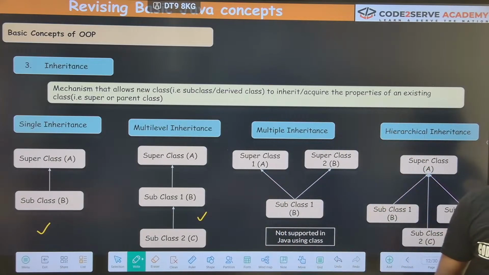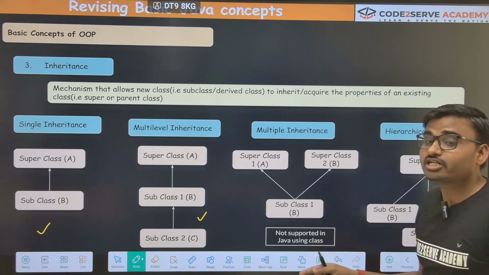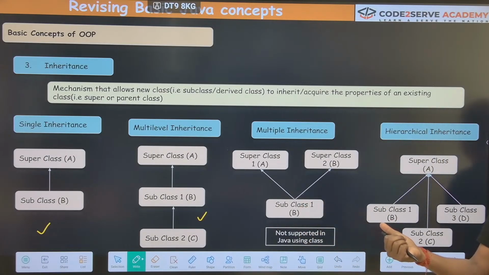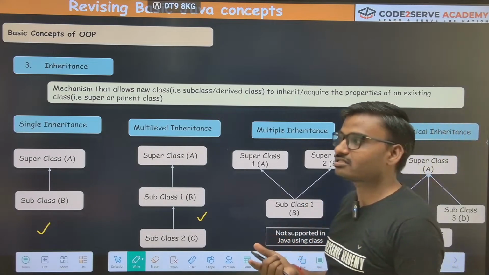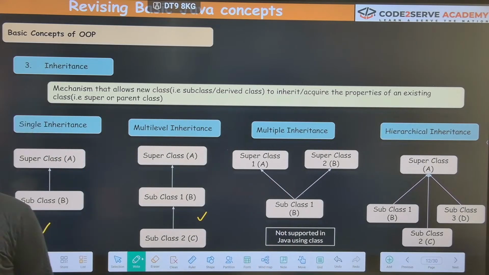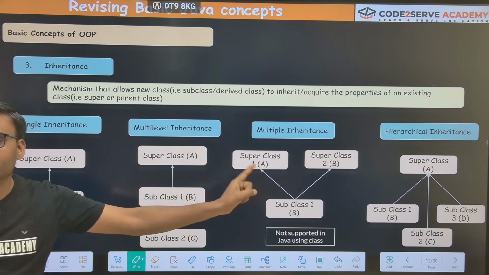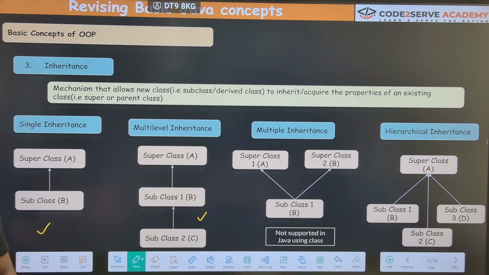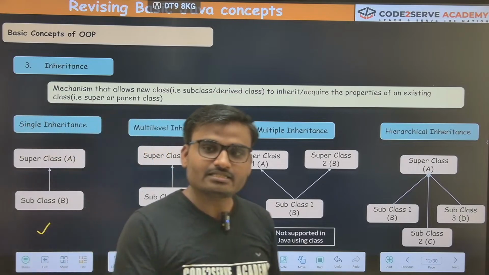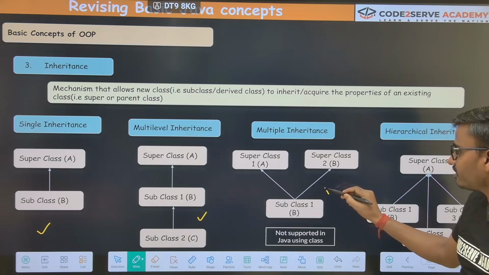Okay, next type of inheritance is multiple inheritance. Here I have written it is not supported in Java, but this is absolutely wrong. You cannot say it is not supported in Java, but using class it is not supported. You will learn about class and interface. Interface is not in your syllabus, it will be in the higher classes, but you have to know for now that using class we cannot implement multiple inheritance. Got my point? So just keep one thing in mind: multiple inheritance is supported in Java, but not using class. It is supported using interface.